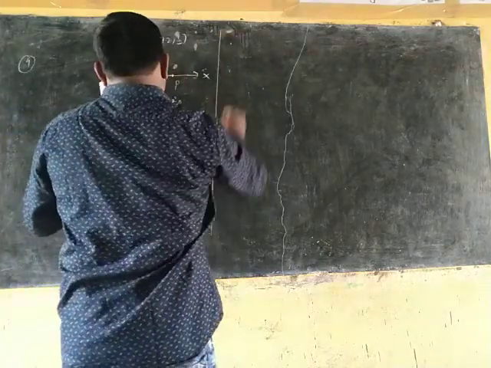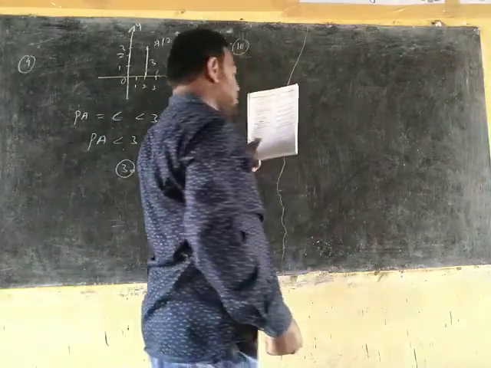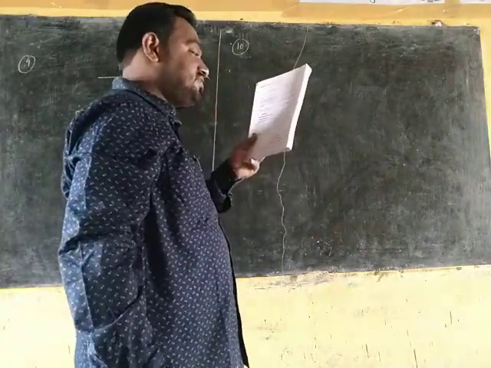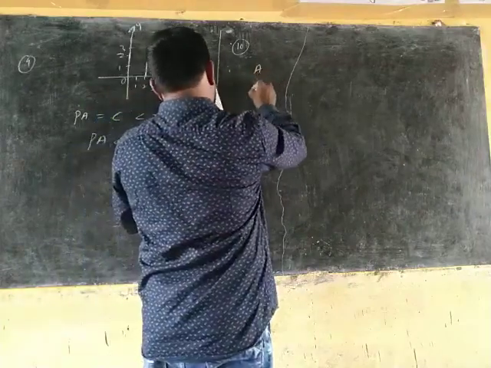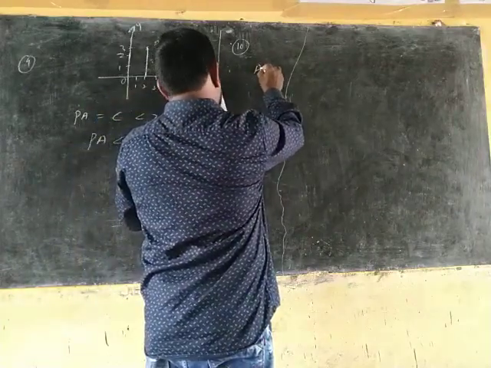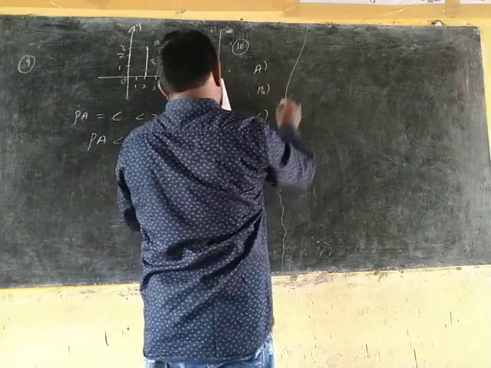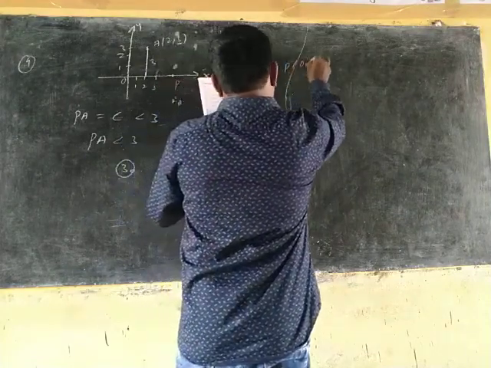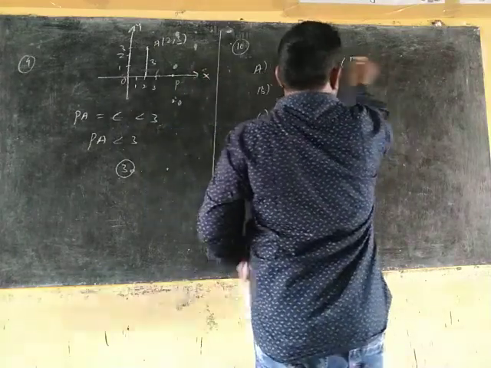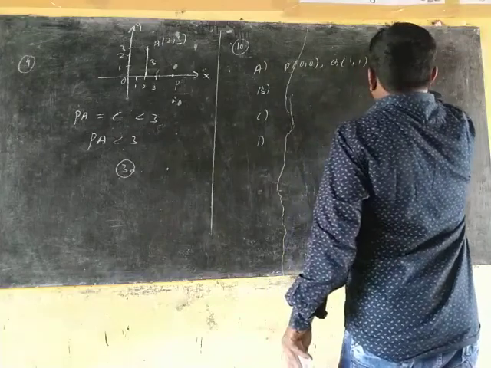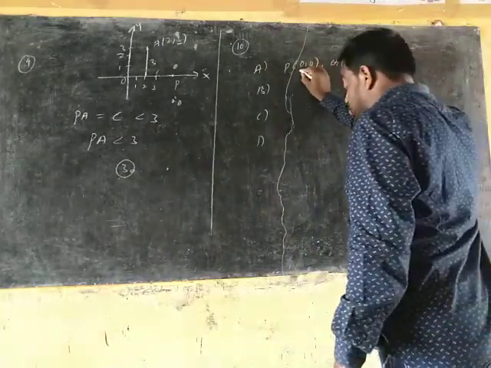Next, 10th question. Arrange the following in ascending order of distance between the points. Option A, option B, option C, option D points are given. For example, P is (0, 0), Q is (1, 1). You find the distance P to Q. P to Q is equal to root of (x2 minus x1) square, 1 minus 0 is 1,